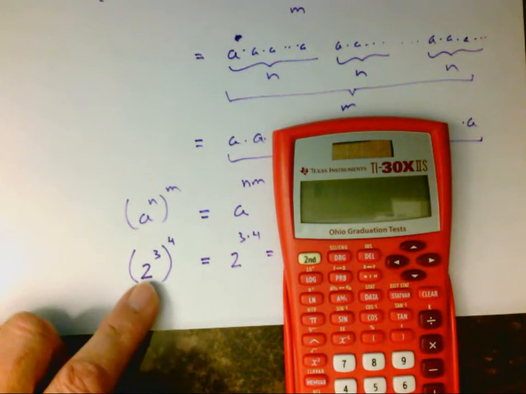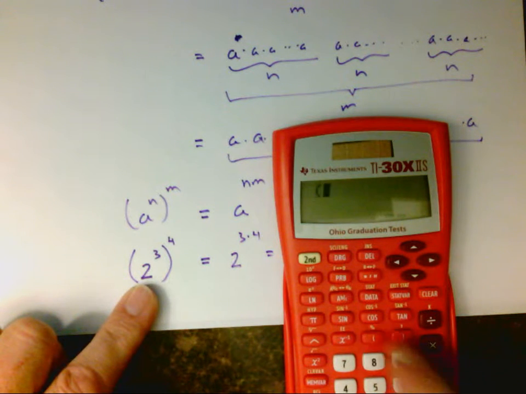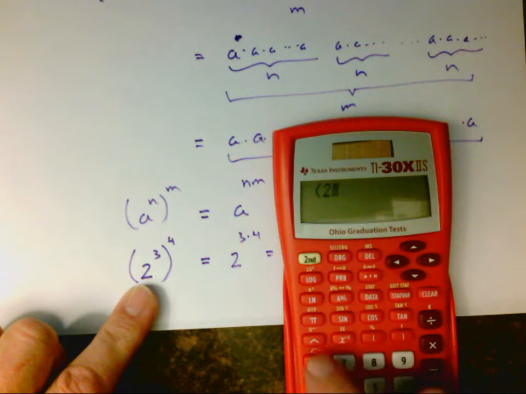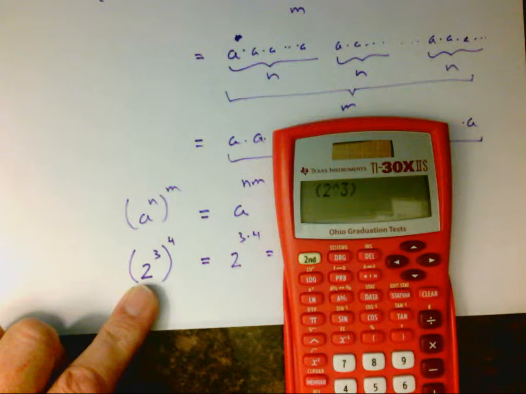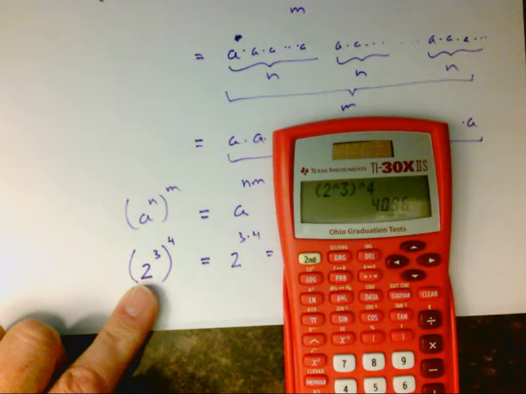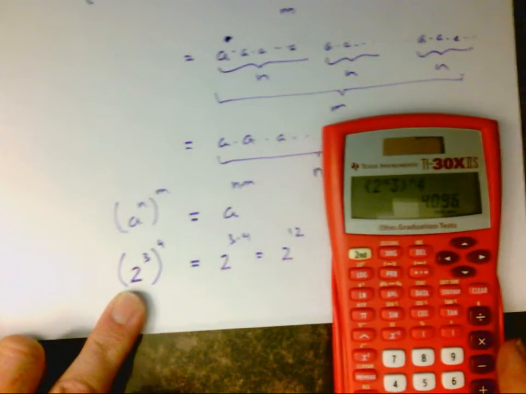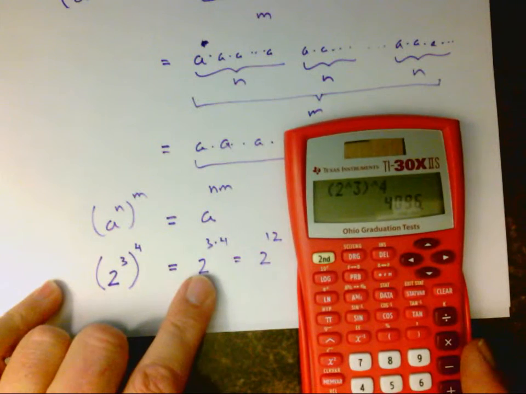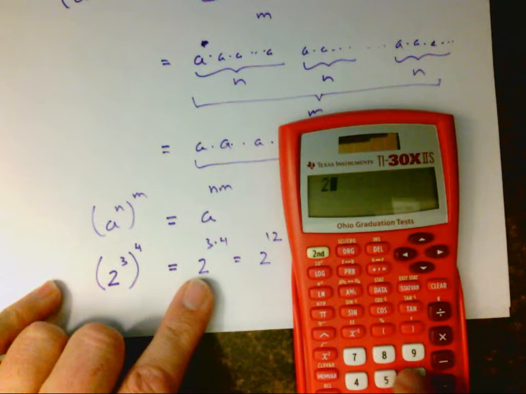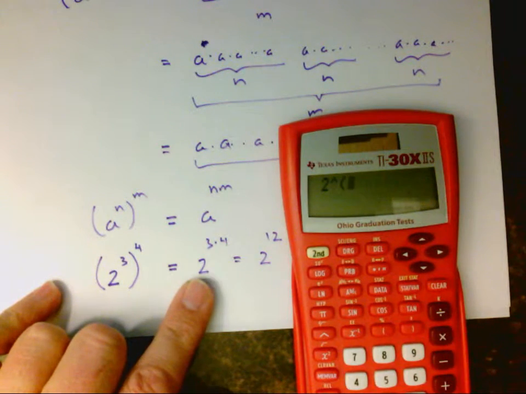So I'll do the left-hand side first. Parenthesis 2 to the 3, all to the 4. And we'll get a largish number. Then I can do 2 to the 3 times 4. 2 to the, if I'm going to do multiplication in the exponent, I've got to protect it with parentheses on this calculator because